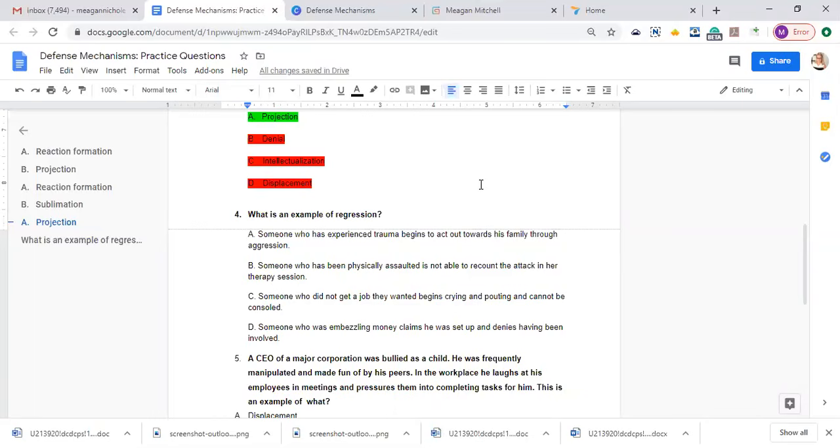What is an example of regression? Remember, regression is when we revert back to past developmental stages. So you're going to want to see someone that was functioning normally, and then they're really behaving in very immature or childlike ways. So A is out. Acting out in aggression is not